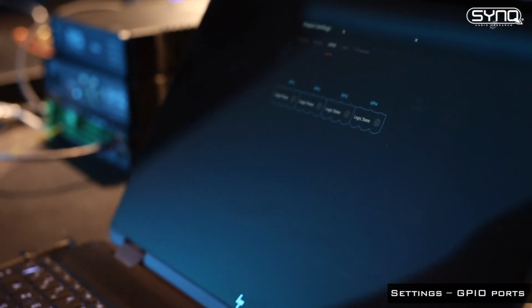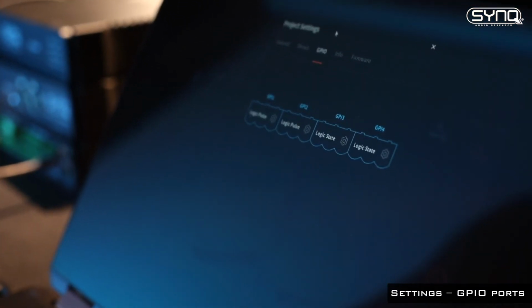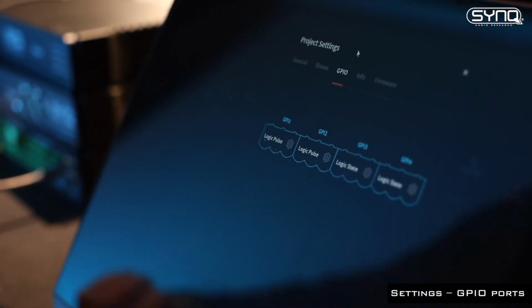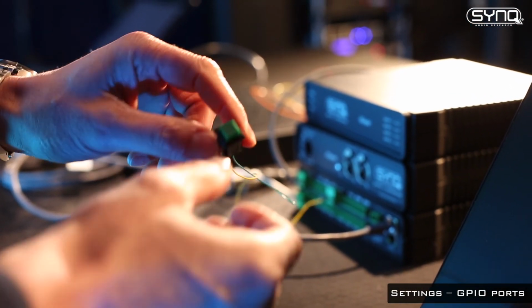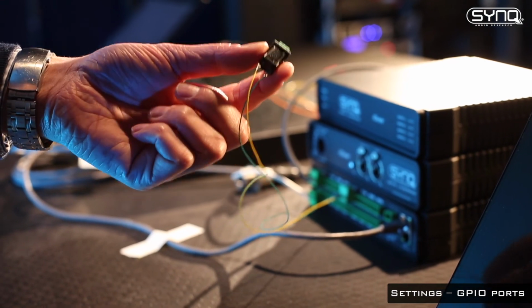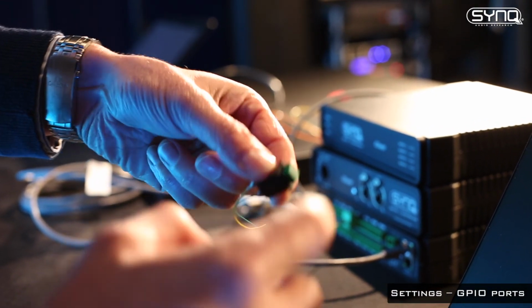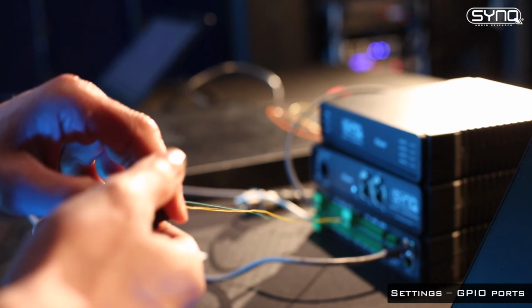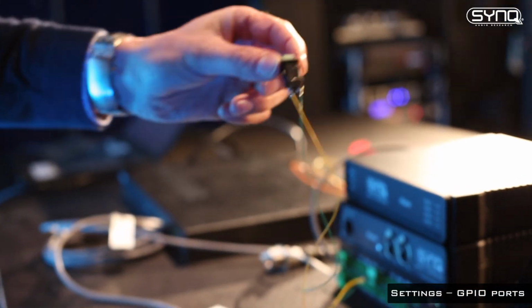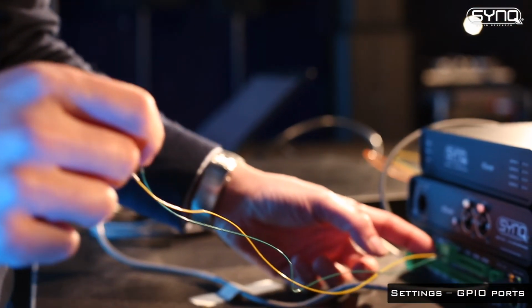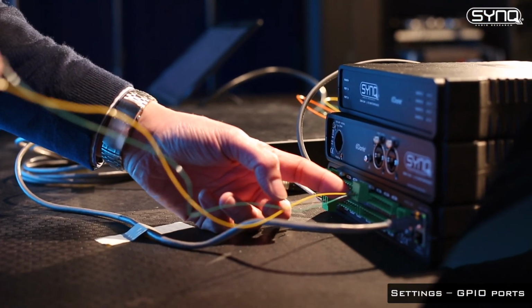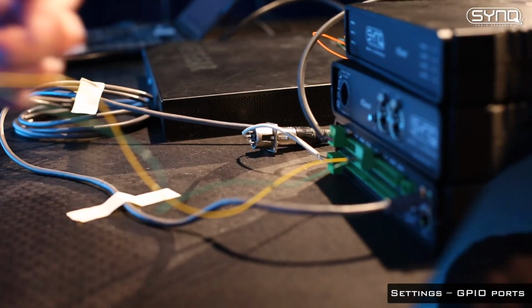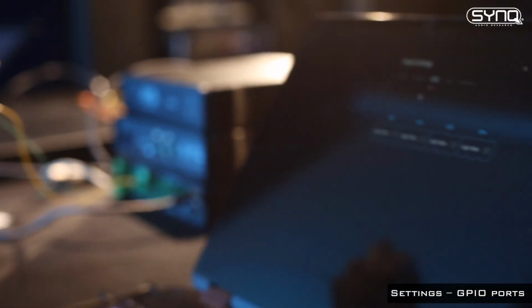So the next type of interface we can connect to the Dante product device, we can connect a push button. Can be any type of tag switch or momentary switch button. That's okay. So as you can see, what we have to do, we have to connect 2 wires to this button, and we need a simple resistor here. So that's the only thing we need to do. Can be any kind of basic resistor.